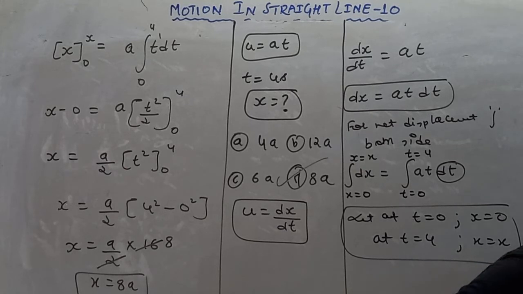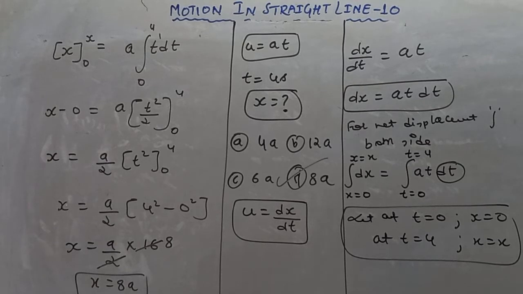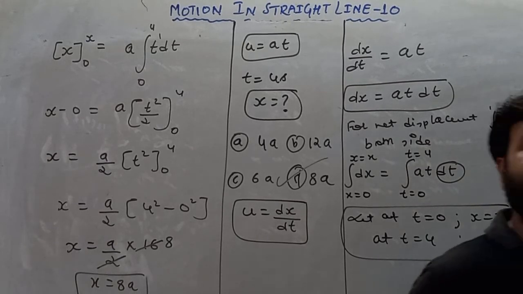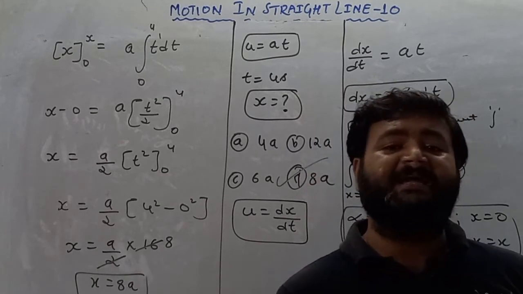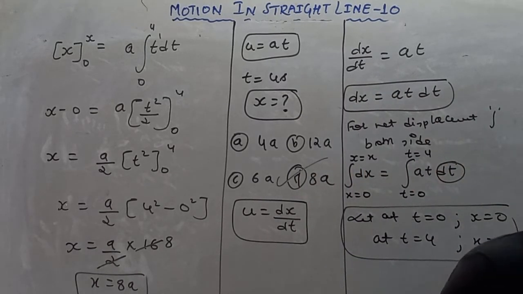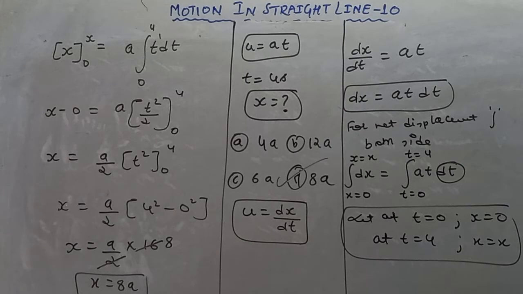Moving forward, write down: the acceleration a of a particle starting from rest. They are saying starting from rest. It means the initial velocity must be equal to 0. So the acceleration a of a particle starting from rest varies with time